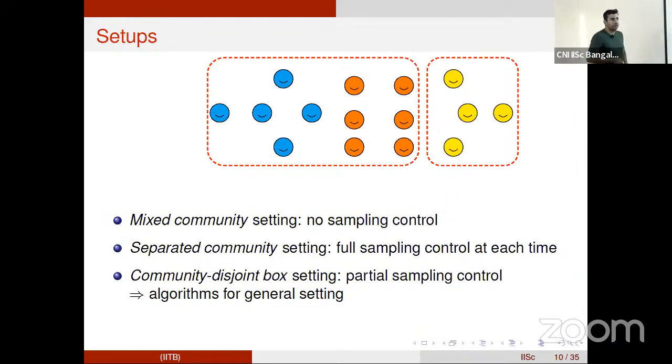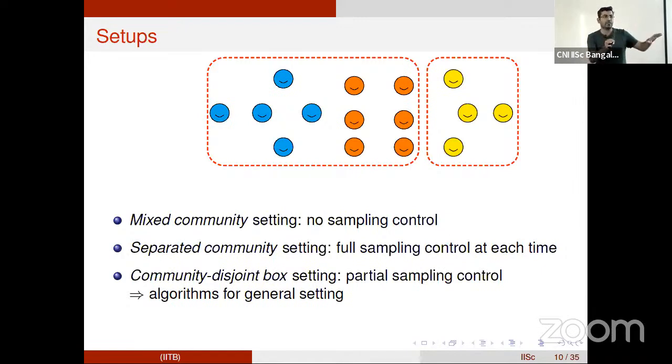The question is, what if there are as many boxes as the number of nodes, each box having exactly one node? As I said, right now we are going to talk about these three settings. In this disjoint box setting, all the individuals belonging to one community are in a single box.